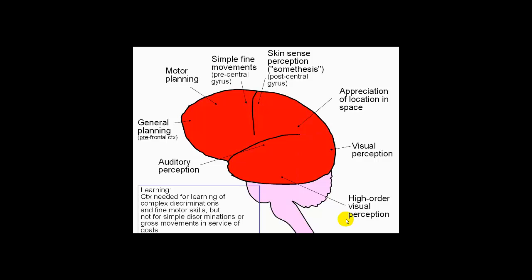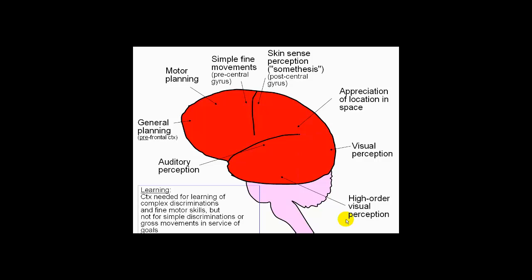So visual perception, at least the earliest parts of visual perception, are back here. Some parts of visual perception are in the temporal lobe too, but the most elementary aspects of analyzing visual scenes are in the back part of the occipital lobes. Higher order visual perception is in the so-called inferotemporal cortex, the bottom part of the cortex. And there's also